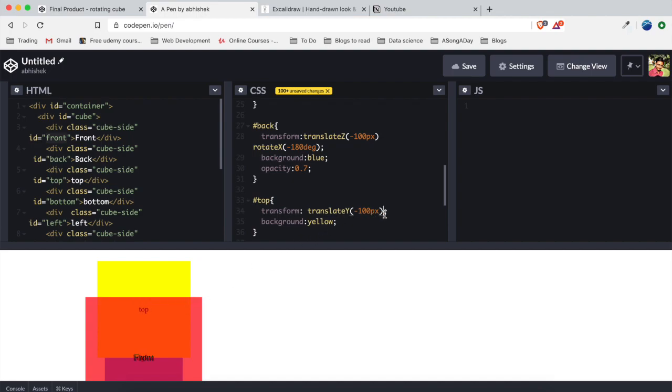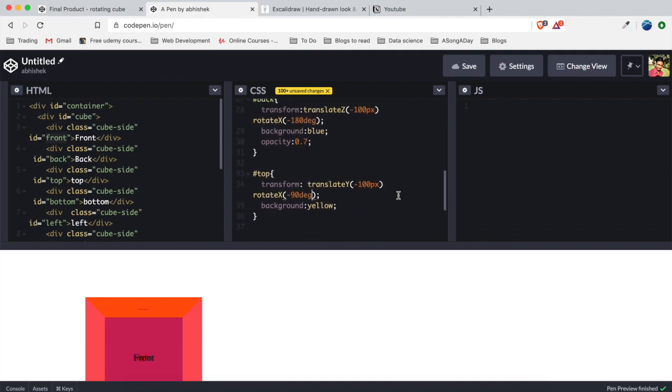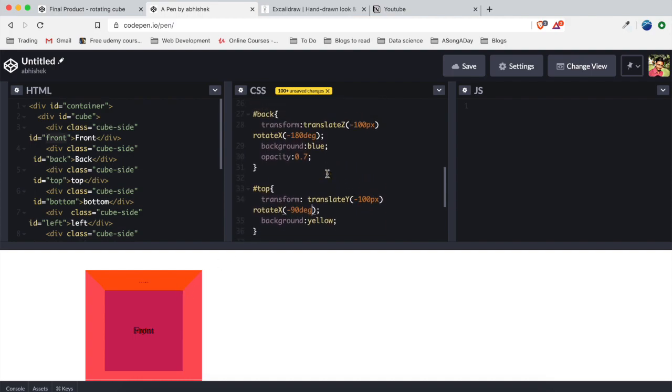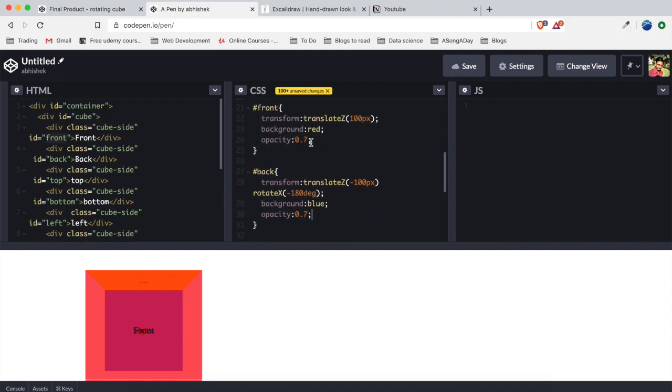So we will rotate X, and then it would be minus 90 degrees. I'm not sure if you can see this here or not. Let me lighten this one more time. If our front is 0.5 maybe, yeah, now the top screen is pretty much visible, right?